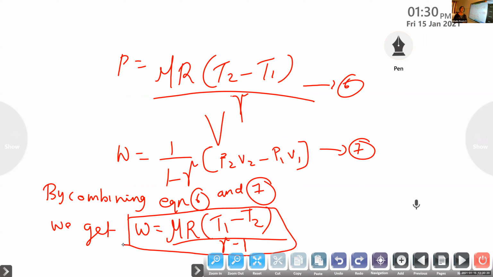If work is done by the gas, it is just opposite to isothermal. In isothermal, T2 is greater than T1. But since we are doing this in an insulated condition by the system itself, there is no external energy we are giving from outside. So because of that, internal energy decreases. Internal energy decreases means gradually temperature also decreases. Temperature and internal energy are directly proportional, okay, so that is why.